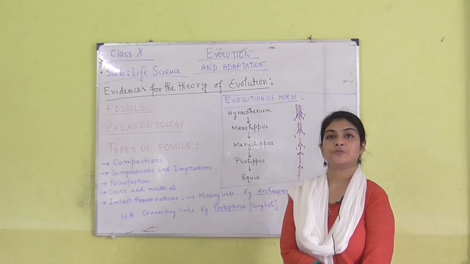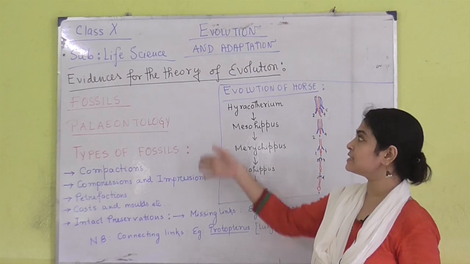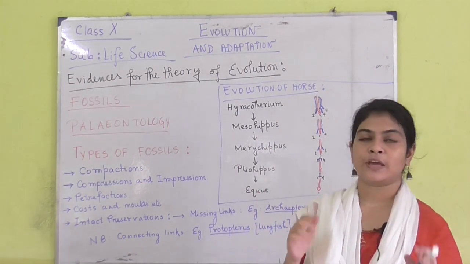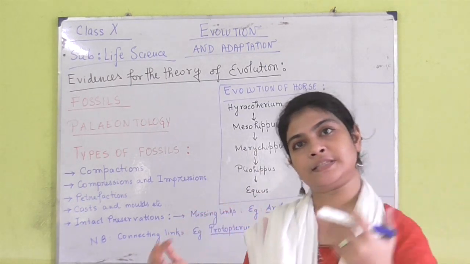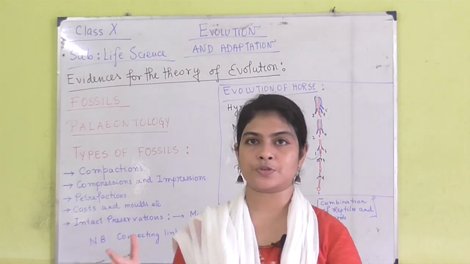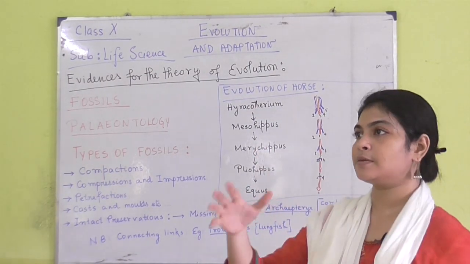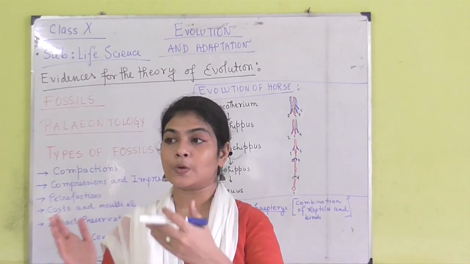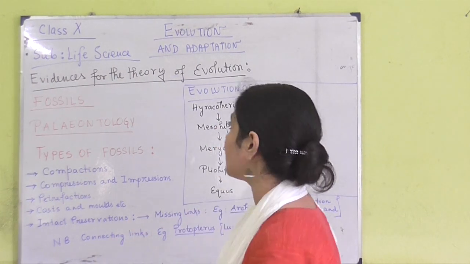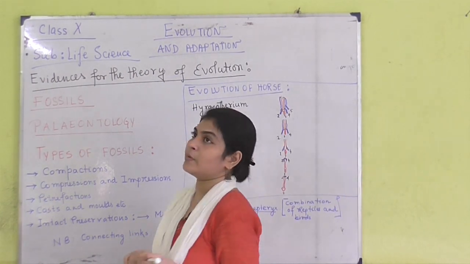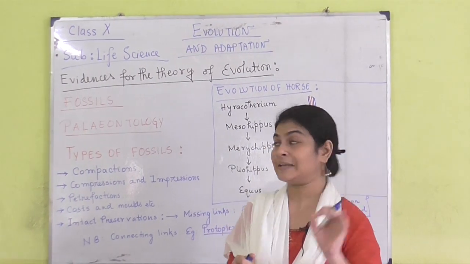So today we are going to start with the last part of our chapter of evolution and adaptation, that is, what are the different evidences through which we can understand the actual process of evolution, or what is the theory. According to the theory, different scientists have put forward different types of theories. So according to that theory, what are the different evidences that we are getting? Okay. So, the very first thing when we are concerning ourselves with the evidences that we are getting,